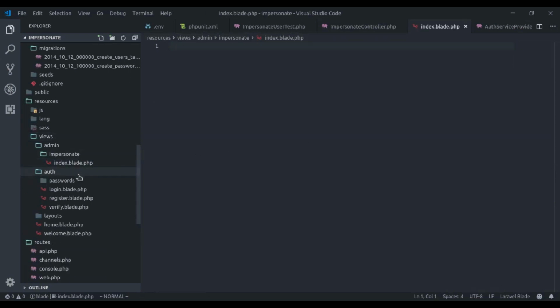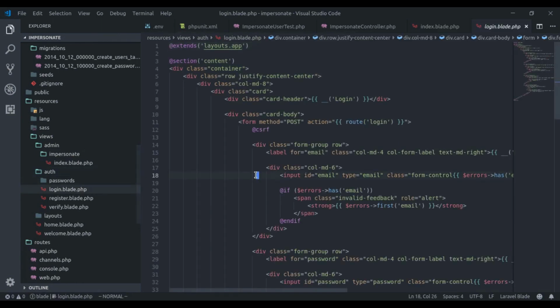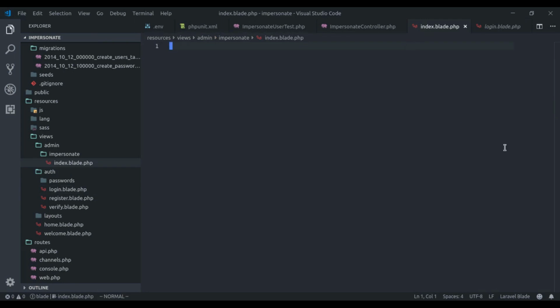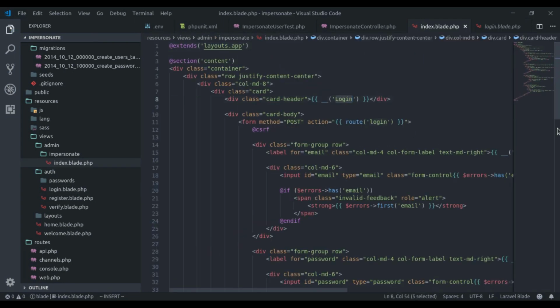Next we will steal some markup from auth login.blade.php. Here we will say impersonate a user. Form action is admin/impersonate. We need this email field.